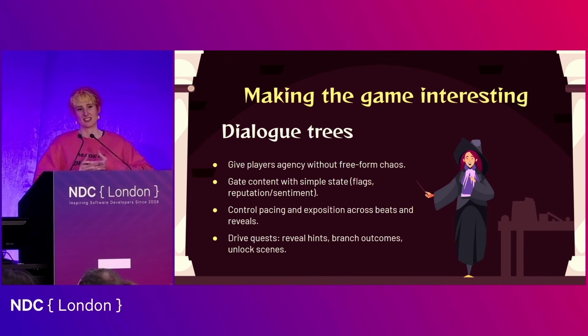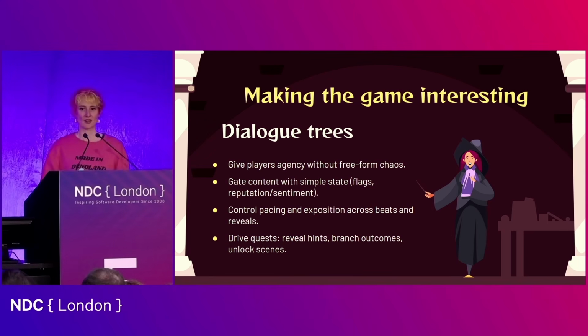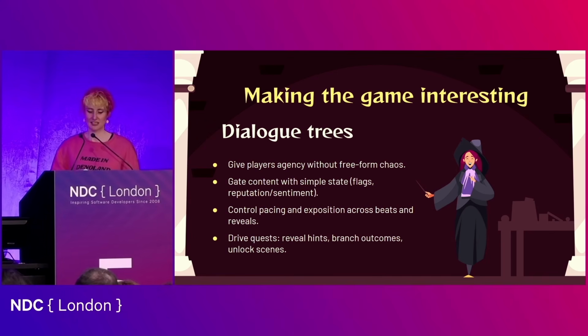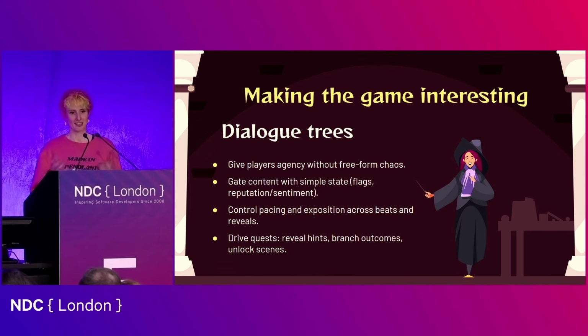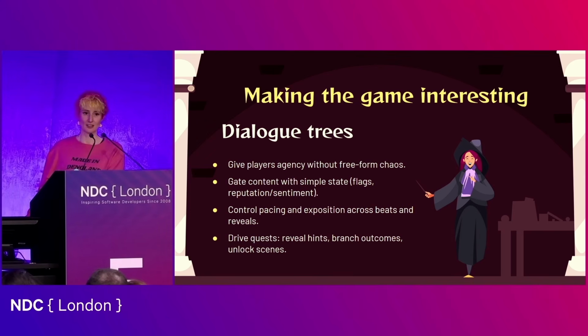And then to make this a game, because at the moment all we've talked about is world building. We haven't talked about story building. We haven't talked about gameplay mechanics. So for this particular game, we're going to add in some dialogue trees. Now that we've generated worlds, we can generate our characters, and then once we've generated characters, we can start generating dialogue for those characters. But the dialogue needs to flow.